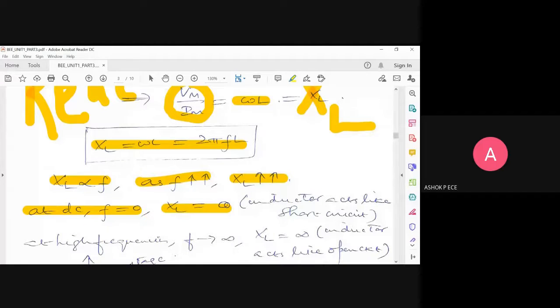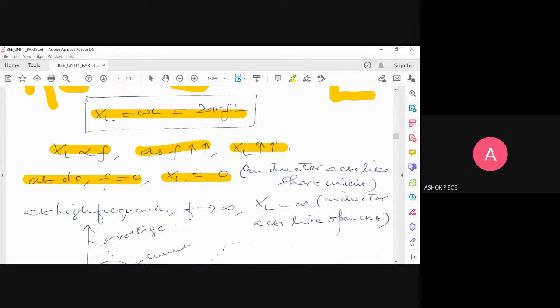See, XL, even though you give the name reactance, is just like resistance only. To differentiate only, we give the name reactance. So when resistance is 0, what is the condition called? It acts as a short circuit. It allows the entire current fully. That's why they don't give DC current to an inductor, because heavy current flows and it is going to damage your coil. So inductors are not suitable to work with DC because it will damage the coil. An inductor will act like a short circuit in DC.